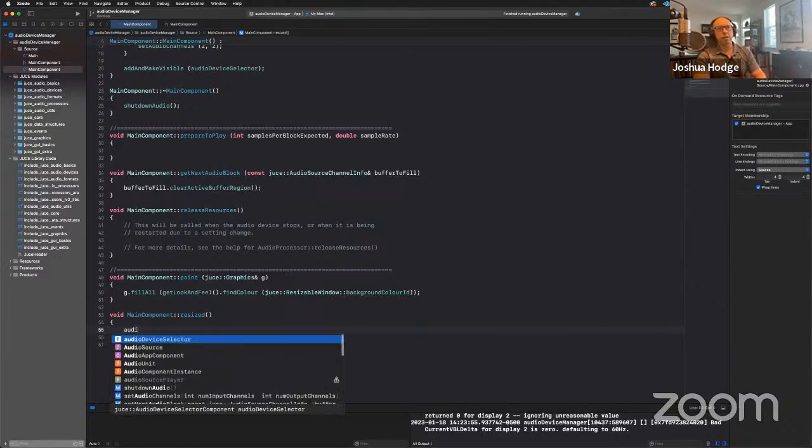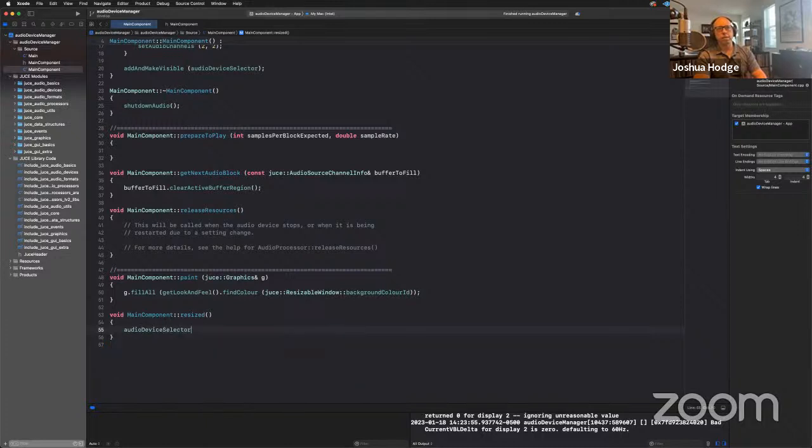So I could just say audioDeviceSelector.setBounds, and you can pass in an X, a Y, a width, and a height, or you can also pass in what's called a rectangle object,